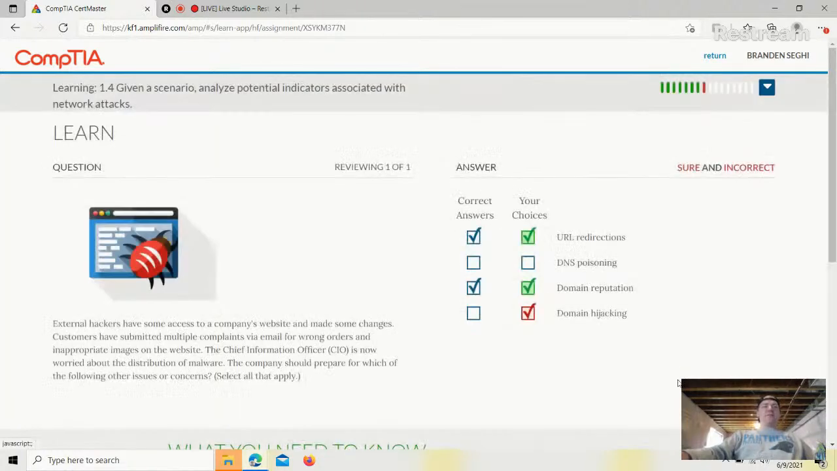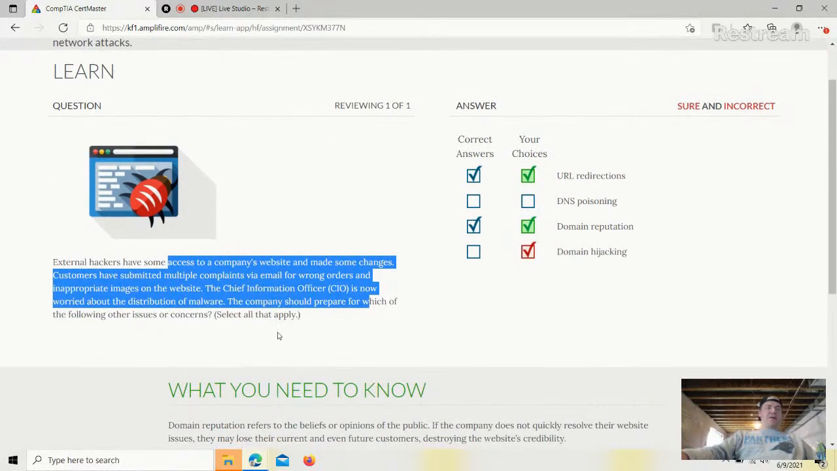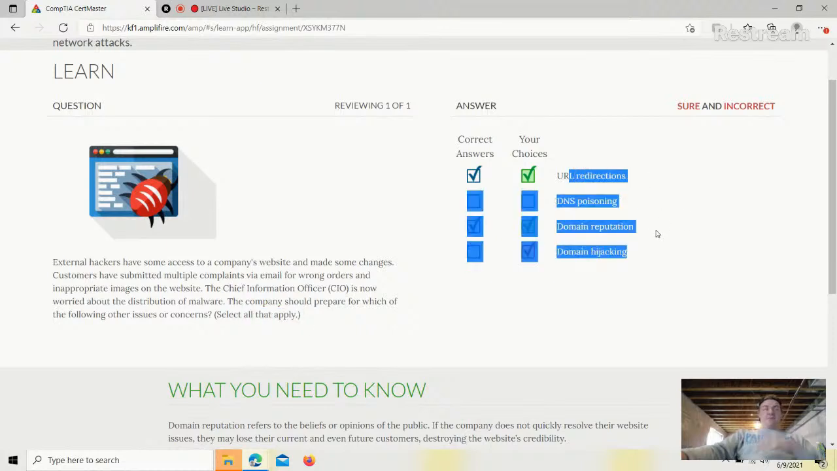Now let's go learn. External hackers have some access to a company's website and made some changes. Customers have submitted multiple complaints via email for wrong orders and inappropriate images on the website. The chief information officer is now worried about the distribution of malware. The company should prepare for which of the following other issues or concerns. So we got, excuse me,